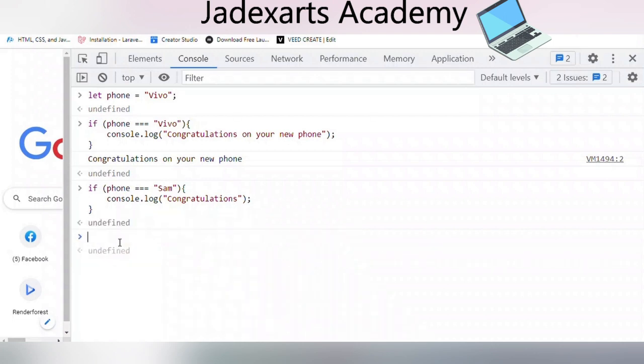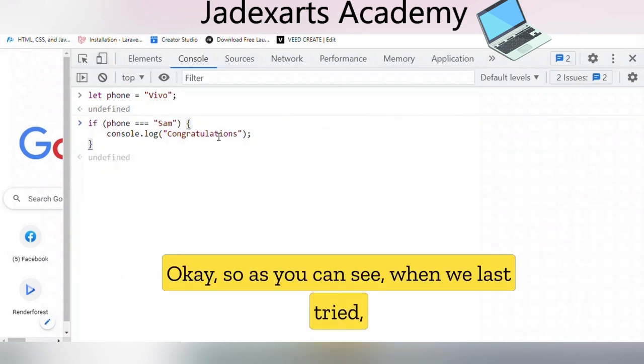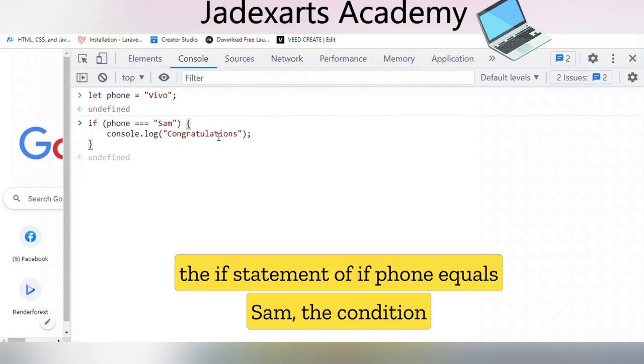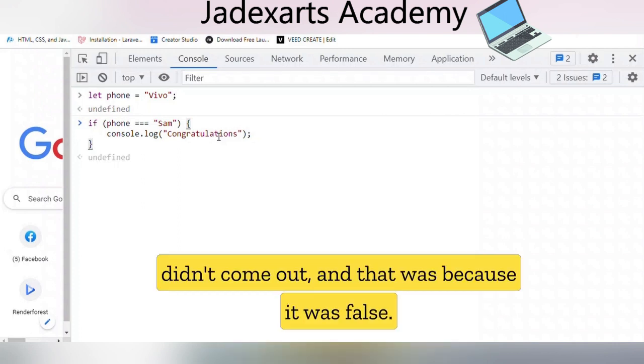Okay, so as you can see, when we last tried the if statement of if phone equals Sam, the condition didn't come out, and that was because it was false.